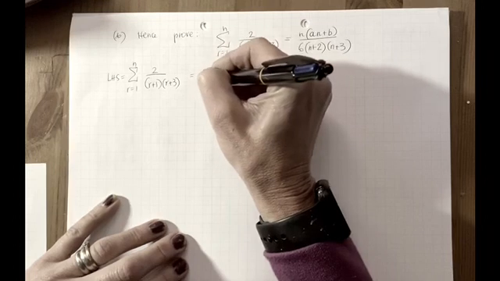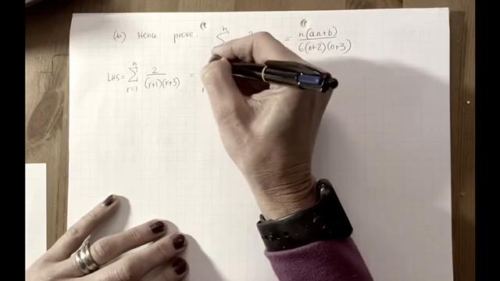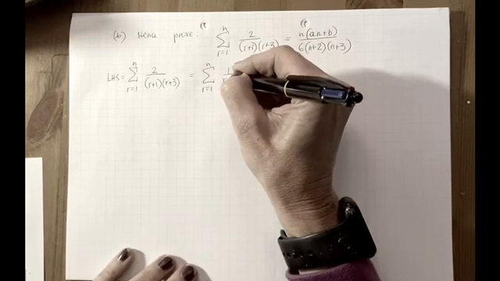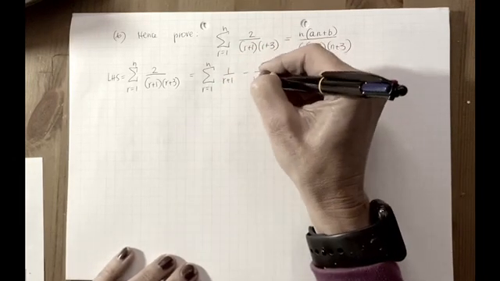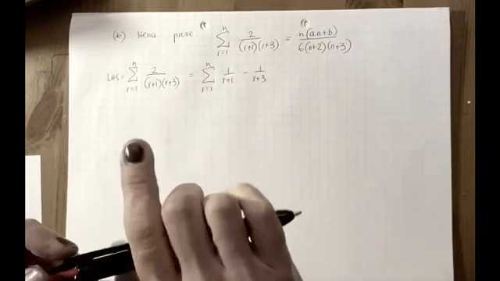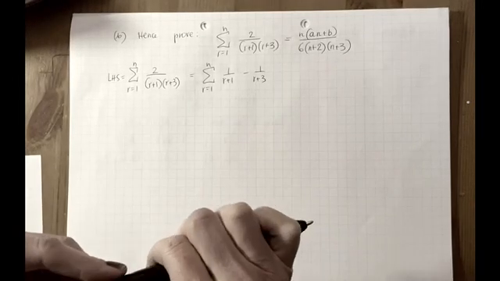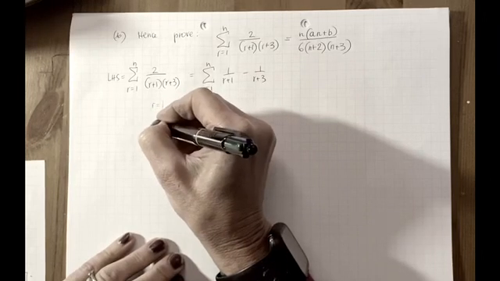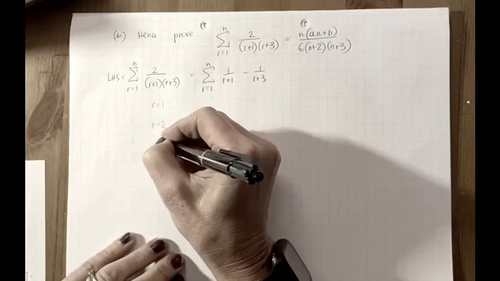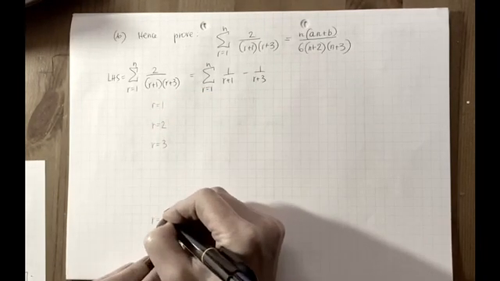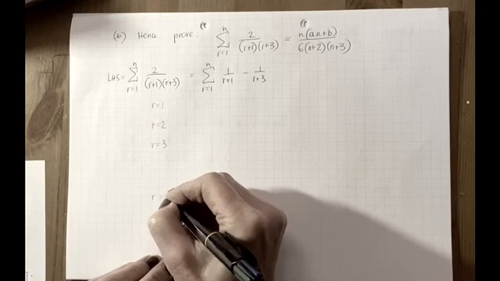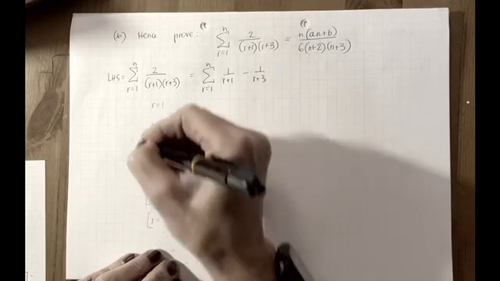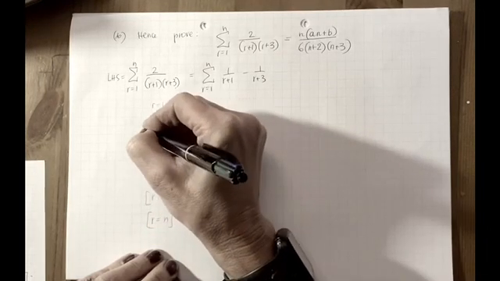Split it now into the equivalent expression. So it's 1 over r plus 1 minus 1 over r plus 3. And then the next stage is exactly the same as before. You're going to put r equals 1, r equals 2, r equals 3. We'll do r equals n, r equals n minus 1. Let's just find the sum